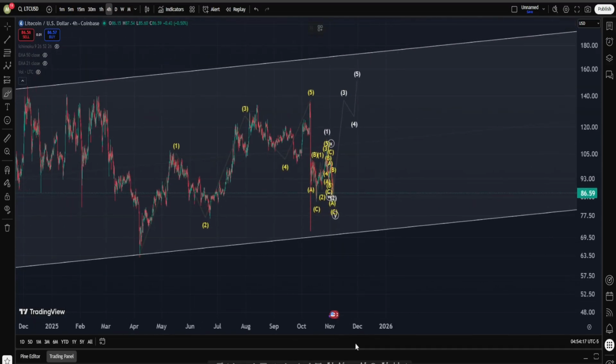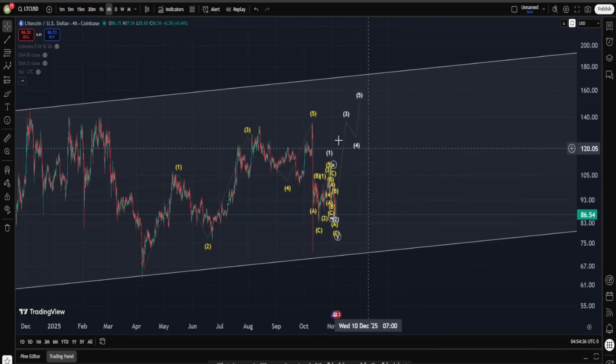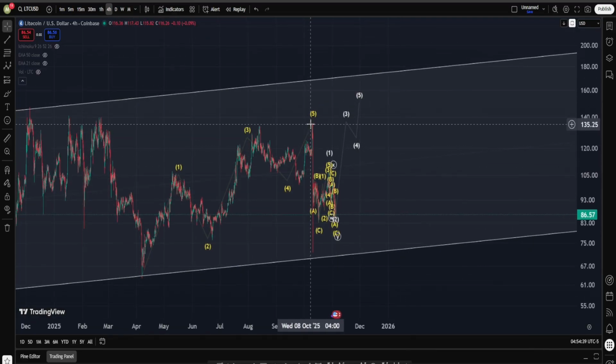And by the way, I forgot to talk about risk to reward. You see, right now, let's say I'm having positions around the $85 region. What's going to be my stop loss? I told you, under this low, about $63. Let's say I'm having somewhere around a $25 stop. On the other hand, what are going to be my targets? Well, the bare minimum one is going to be taking this high about $135, which is about, let's say, $60 away from the current point. In other words, I'm having a bare minimum risk to reward ratio of about 1 to 2, 1 to 3, which is definitely not that bad.